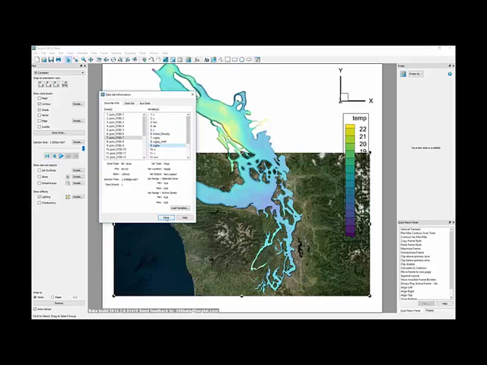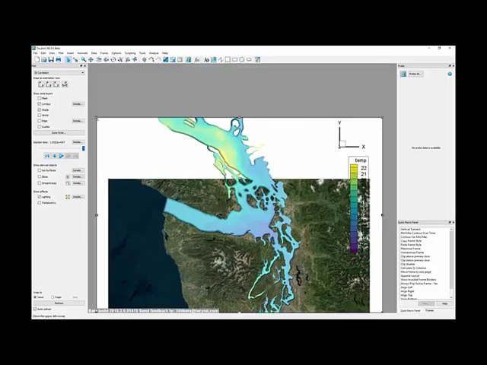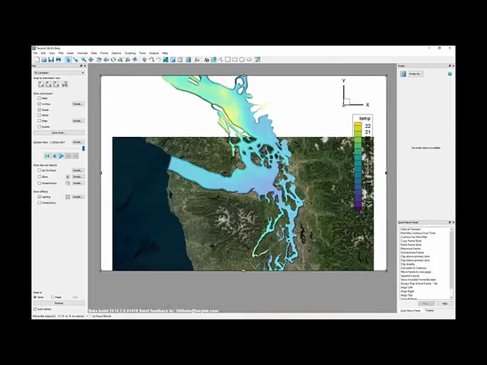Okay, so that's zones and variables. What we have here is what we call a frame. You can have multiple frames in Tecplot to show different views of your data, and we'll get more into that later. Each frame can have a name, and you can manage your frames down here in the frame sidebar. Okay, so let's look at